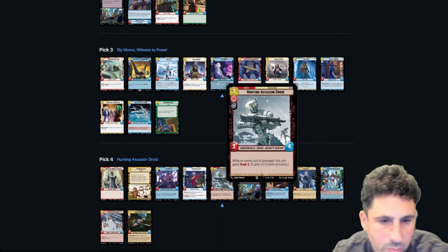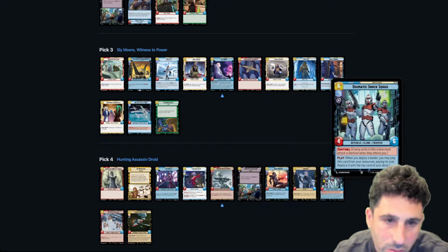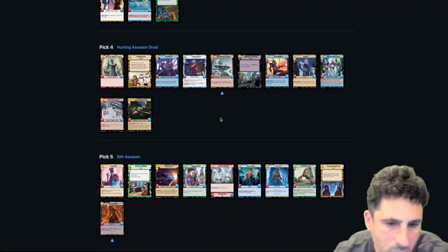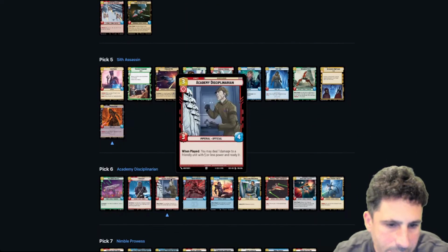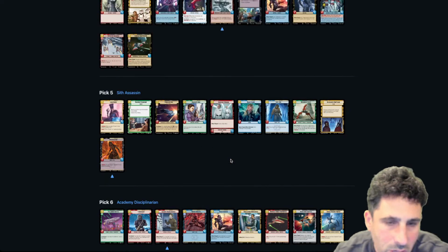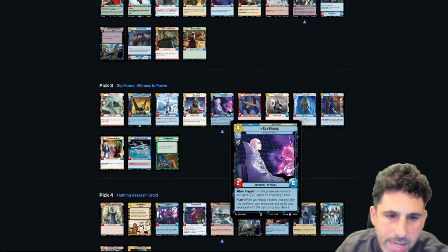And you can see even in the next pool, he went with the hunting assassin droid, but here was the Sentinel as well. So I think blue could have been a great choice as well, and would have made for a very interesting pool. But he's picking up a lot of things that I picked up. He got these, which I think are very nice, but this blue pool was so powerful. So I wonder if he goes back and looks at it, or if I was in his spot and I picked this Sly Moore,